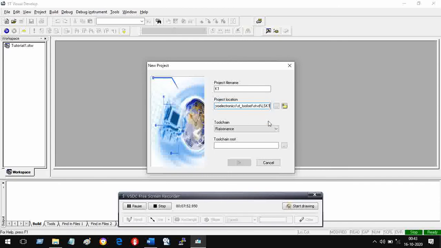But now the question is toolchain. Here, as we have seen, we have downloaded STM8 from Cosmic. And where was it? Now you remember where it was? In my case, it was in D drive. So D drive, it was in program files x86, and then it was in the Cosmic rather than in ST Microelectronics. So let us ask it to search.